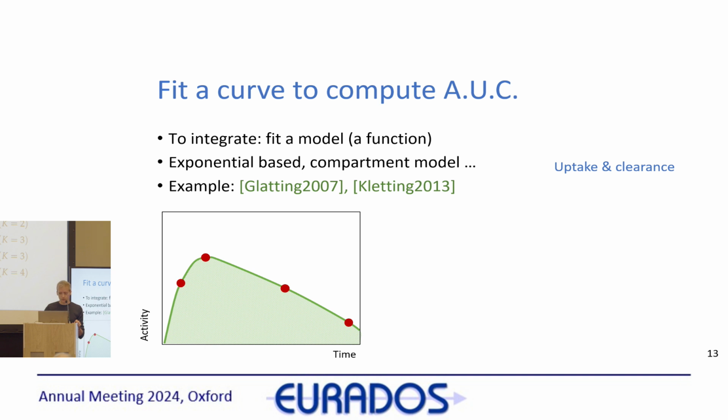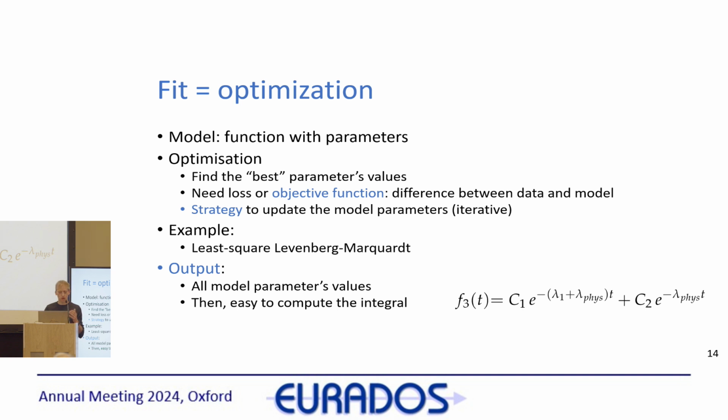Okay, I will skip that. So the optimization process in order to fit those models is quite conventional. It's a function with several parameters. We need to find the best parameter values with an objective function. Usually it's the squared differences between the data points and the model values. And we need a strategy to make this parameter optimization in an iterative way. There are several functions to do that, and for example, we can use the least square Levenberg-Marquardt. And at the end of this algorithm, you get a value for every parameter of your model,